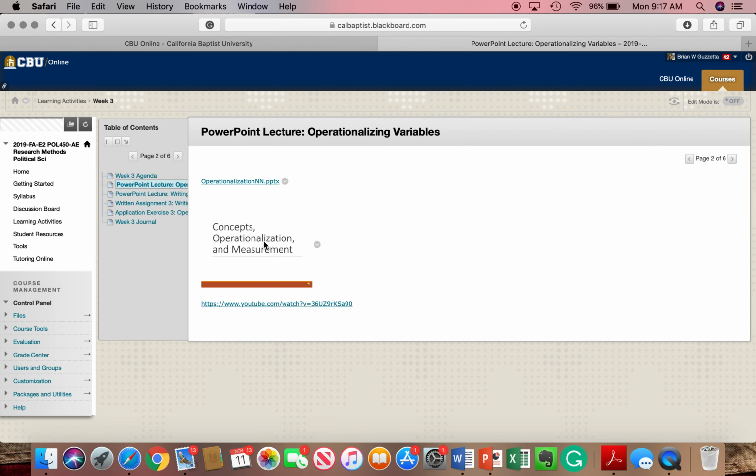Sometimes it will be very quantitative, based in numbers, and sometimes it'll be very qualitative. But we need to be able to operationalize. So there's a PowerPoint here and a YouTube video that supports it, and this will be really helpful because as you write that research question, you'll need to know how to operationalize. And for many of you, when you write it, I will give you feedback, as I want to know how you're going to operationalize. How are you going to define some of these different variables?